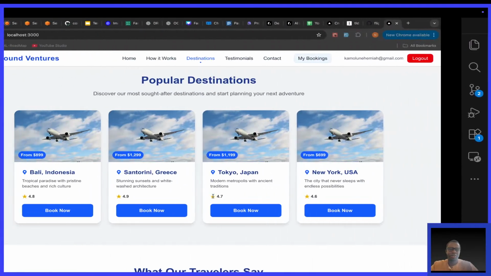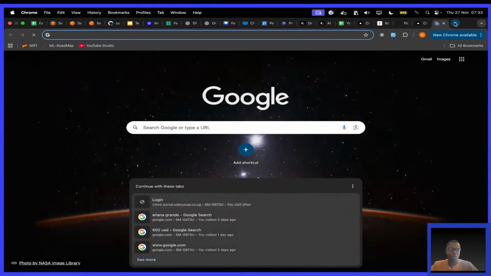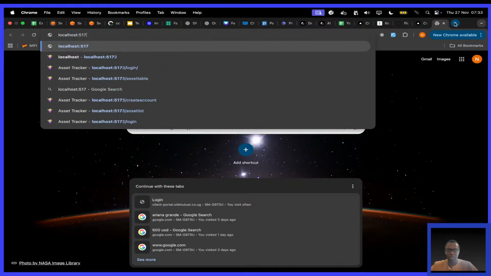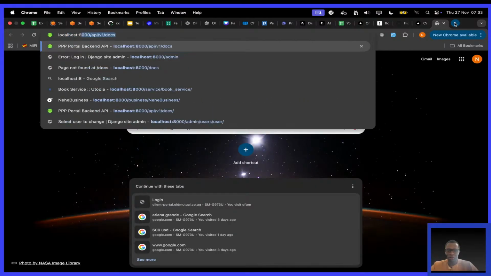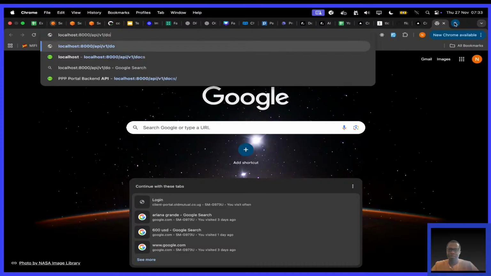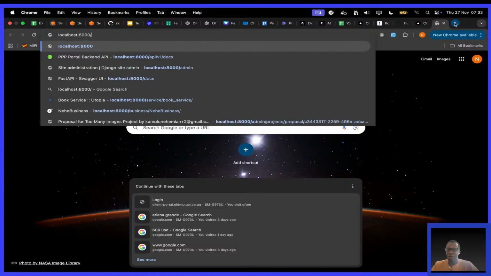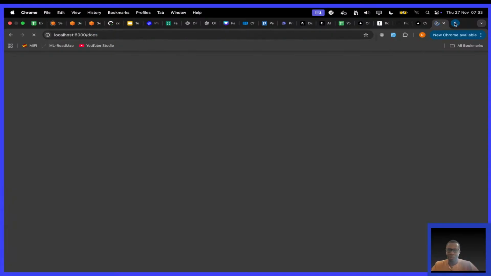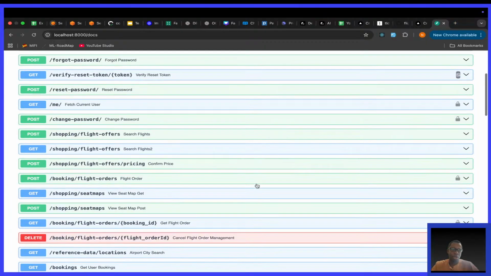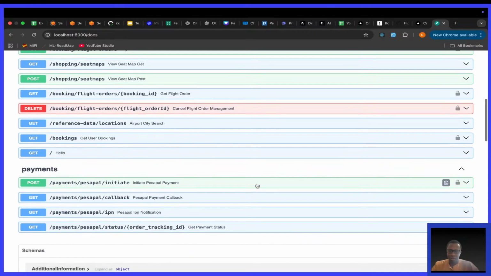So I can even go to our API endpoint, just to see that it is set up. Localhost, I think, is 8000. I don't think it's API v1. API v1, I think, is from some other project I'm working on. For this one, it's just docs. And actually, I think I need to add API versioning here too. So if I look for